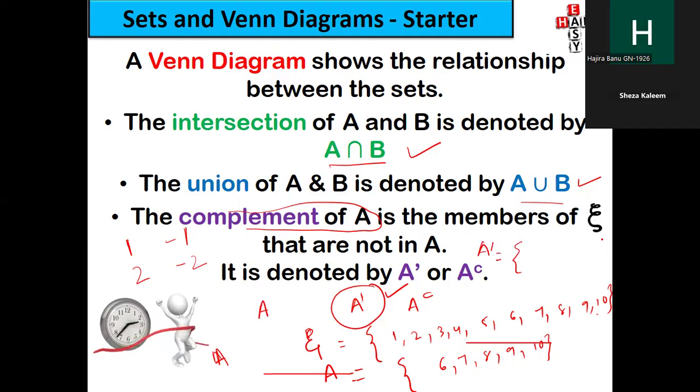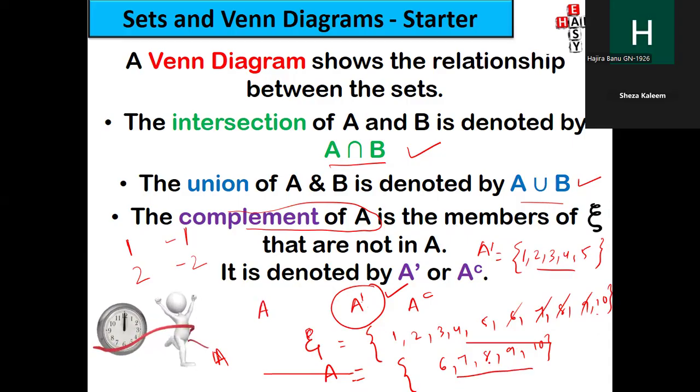Universal minus A. So deleting all the elements which are there in A, leaving all the elements which are not there in A, that will be your answer. Right? So your A complement will be exactly the inverse of A. A has all the elements greater than 5. A complement will have all the elements less than or equal to 5. Got it? Understood how you find A complement?